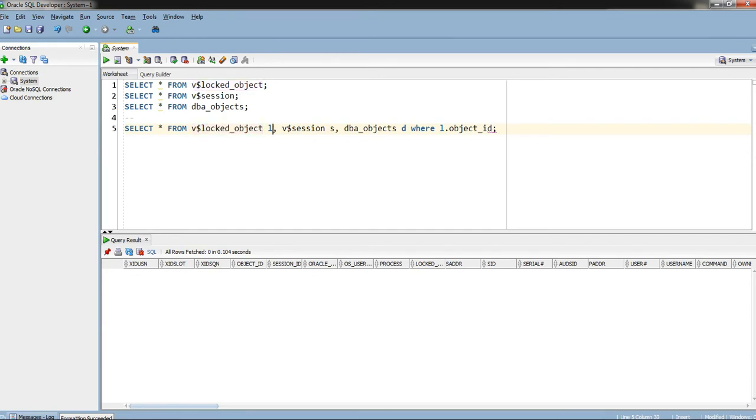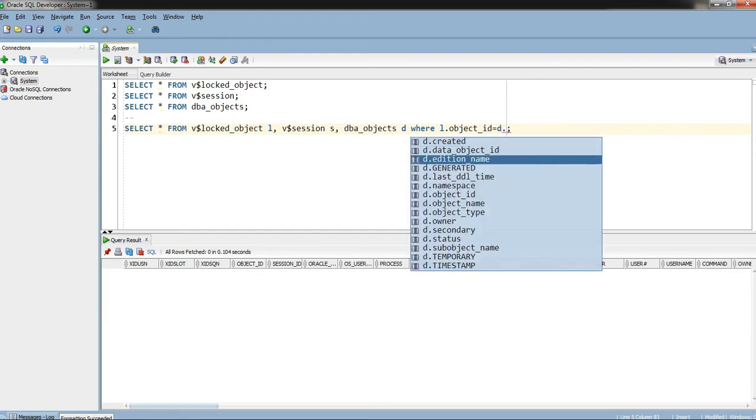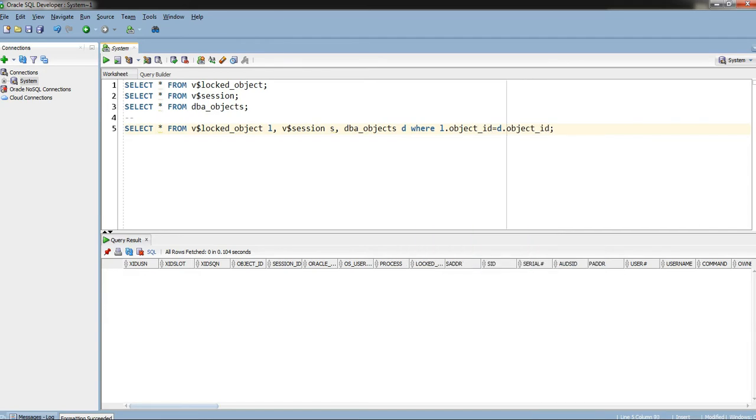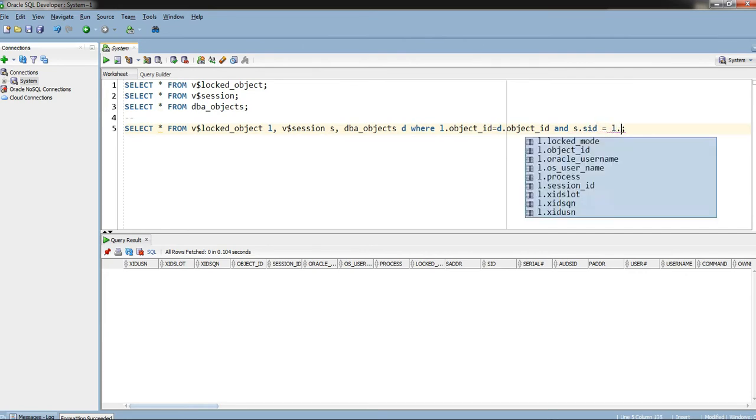So if we join with DBA objects, we can identify which table or which object is locked. And S dot SID equal to L dot session ID.